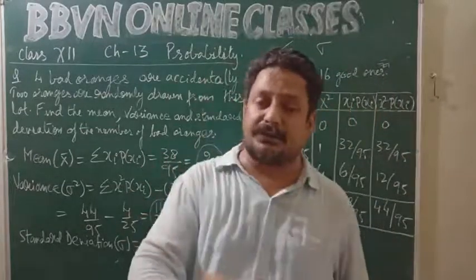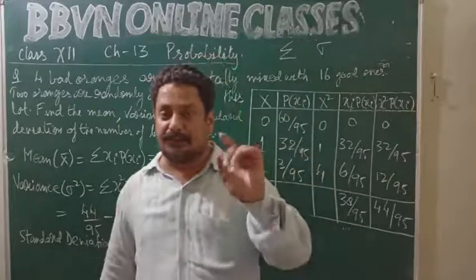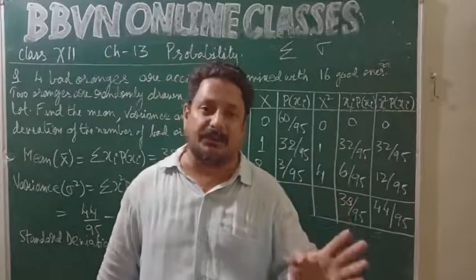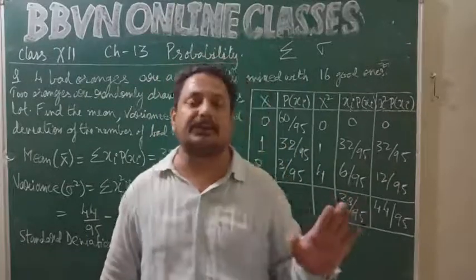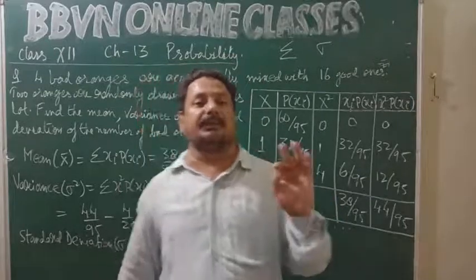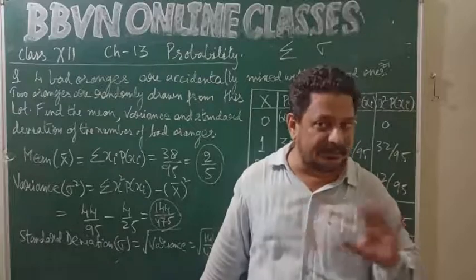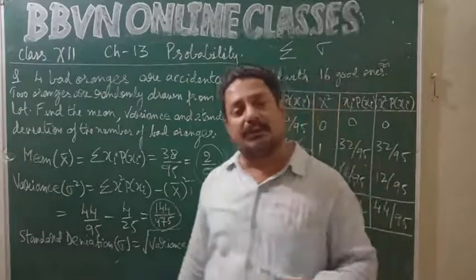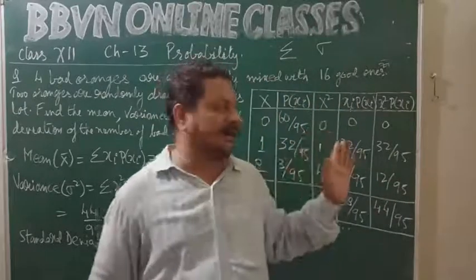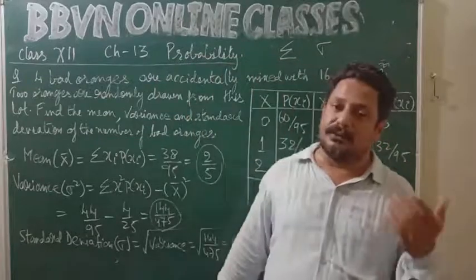Go through the questions of the exercise. There is one more topic, Bernoulli trials and binomial distribution. That is not in our syllabus. That has been removed from the syllabus. Bernoulli trials and binomial distribution हमारे syllabus में नहीं है. तो वो टॉपिक छोड़ देना NCERT की बुक में. यहाँ तक आपको करना है. सॉल्व करो. कोई डाउट्स होते हैं पूछो.